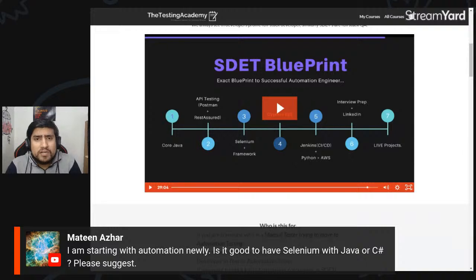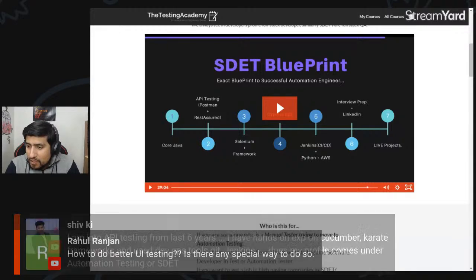But if you're good with Java, or if you're switching to another company where Selenium with Java is available, go with it. That also makes sense. The choice is again yours, but if you can stick with Selenium with Java, that's fine. But if you are getting an opportunity with Selenium with C Sharp, go with it. No need to worry. Definitely, you can switch in your next company. Tell them that I already know Java and I have worked on a couple of projects in it. That will definitely help.